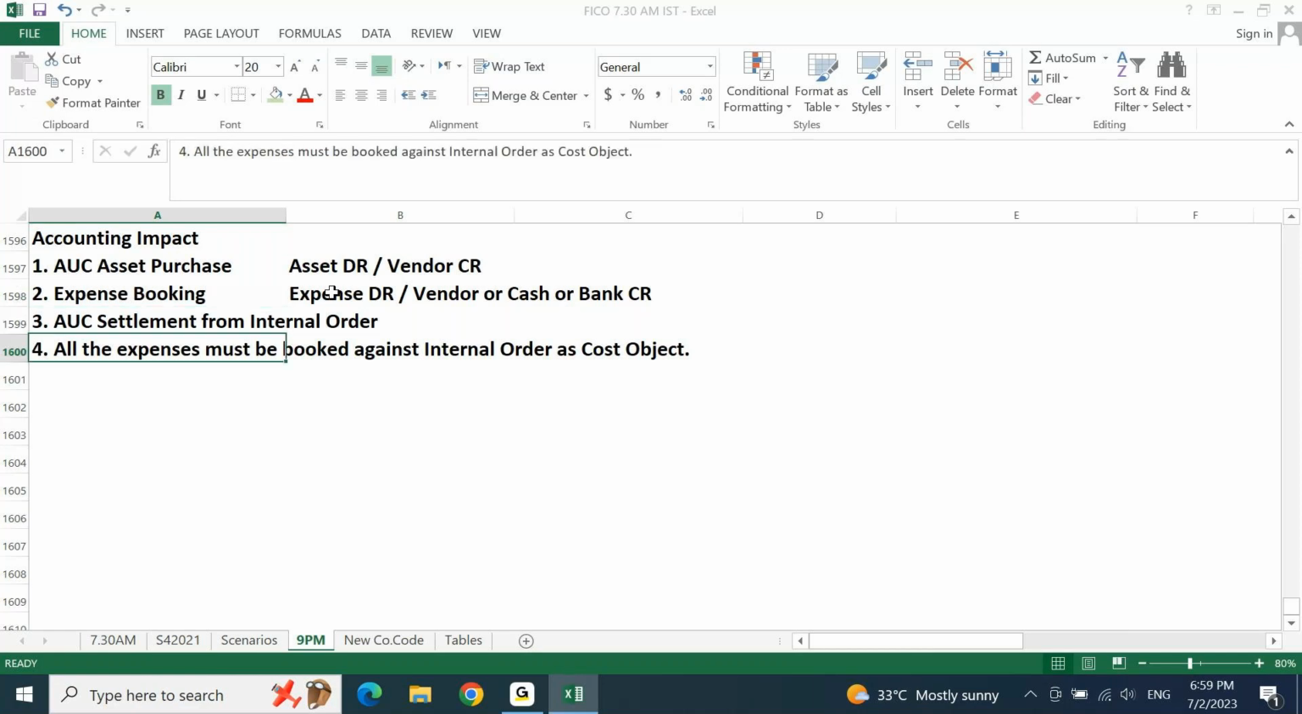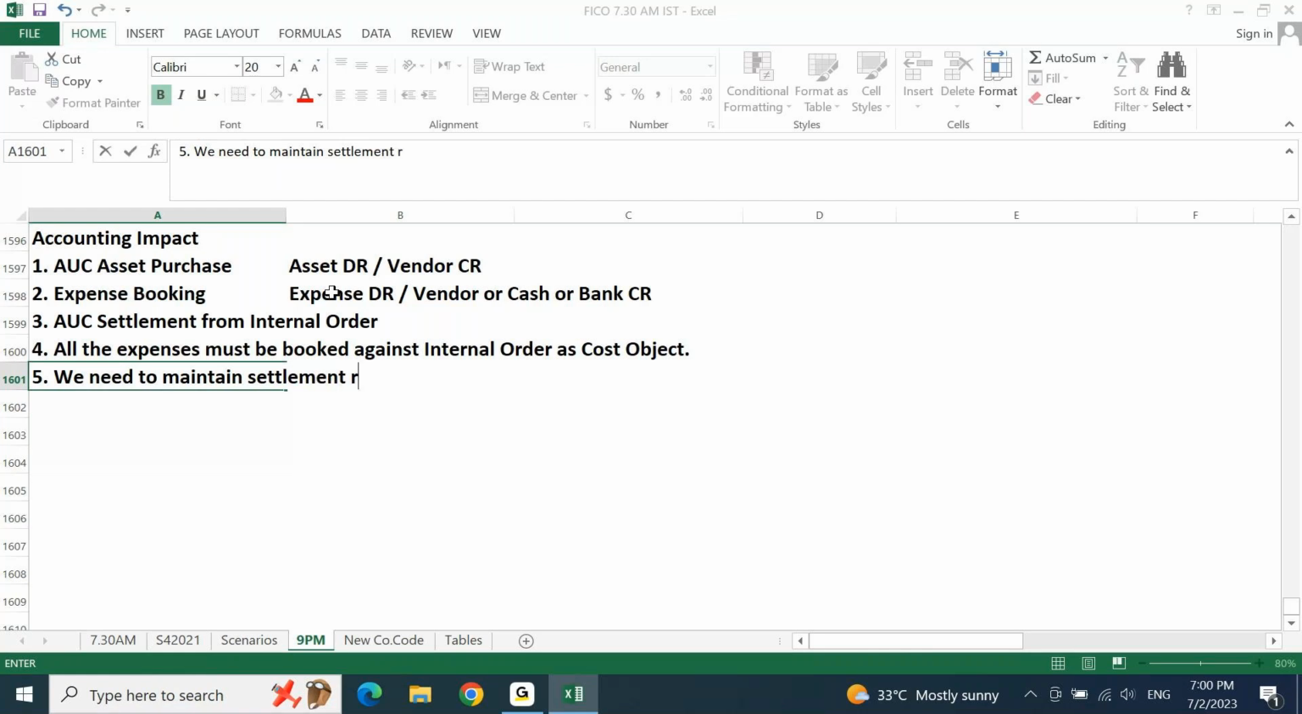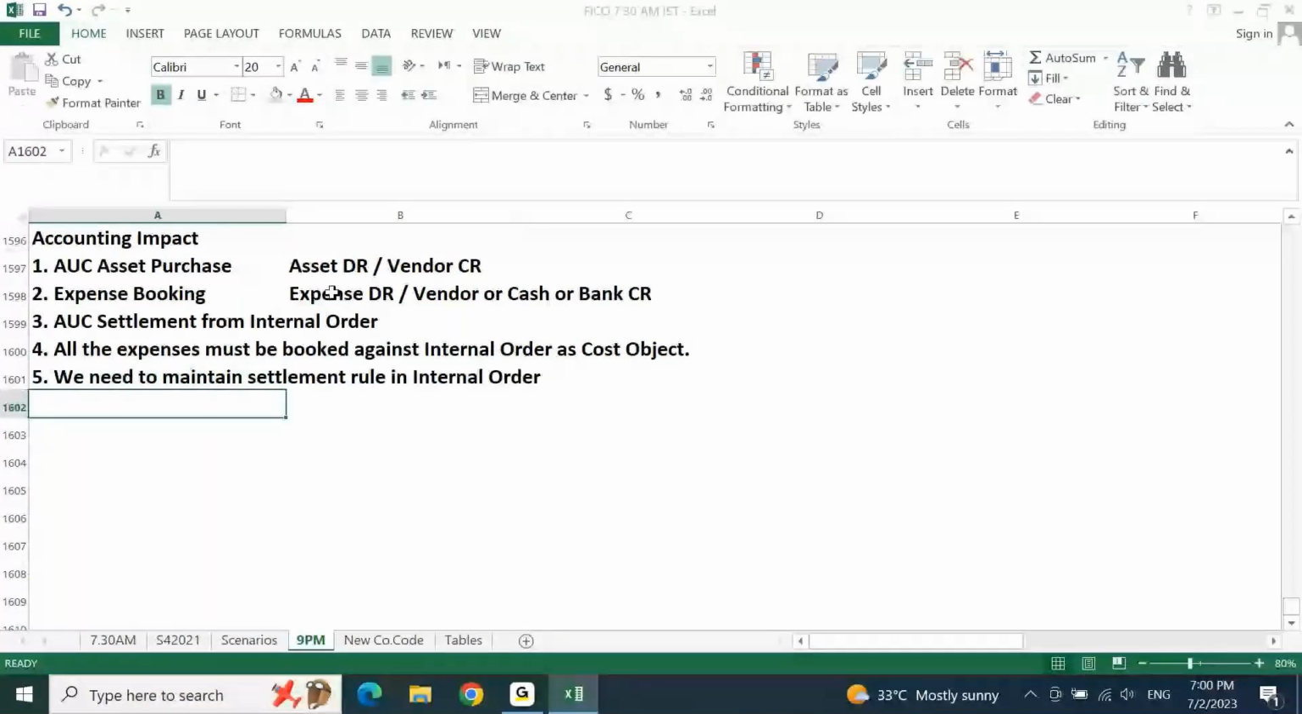Now, point number 5, we need to maintain the settlement rule in the internal order. We need to make sure the settlement rule is updated in the internal order, which means inside the internal